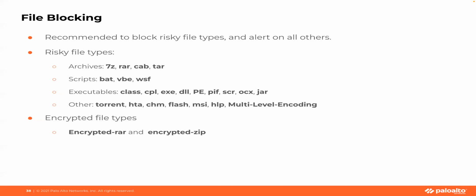Last but not the least, we recommend blocking encrypted file types, such as encrypted RAR and encrypted zip, because if they're encrypted, it means neither the firewall nor WildFire can look inside them and cannot really determine if there's something good or bad inside. Now, this is the general recommendation, but I also want to say